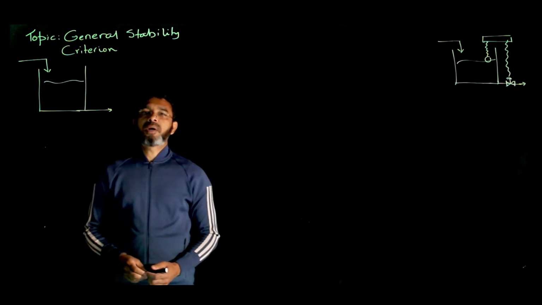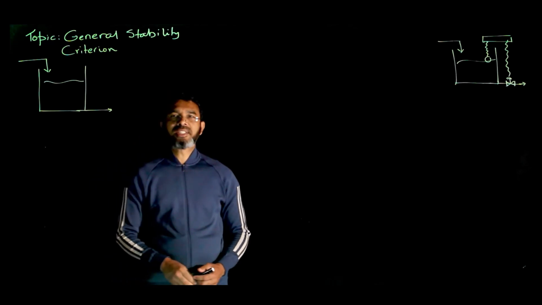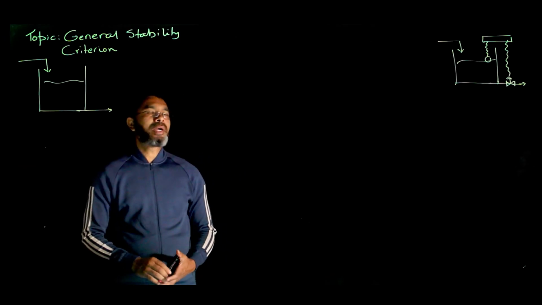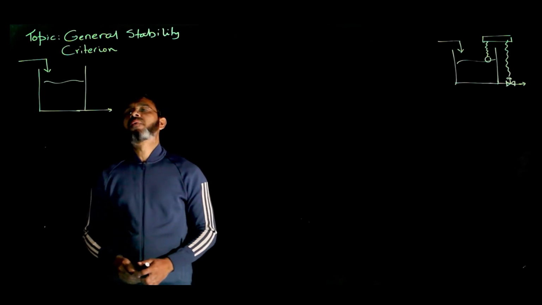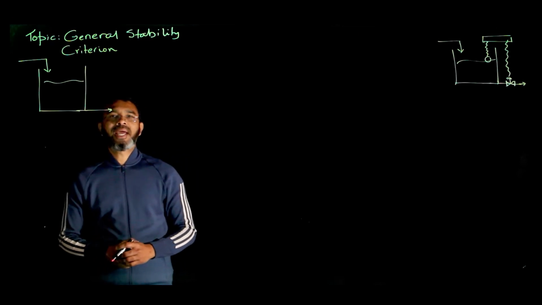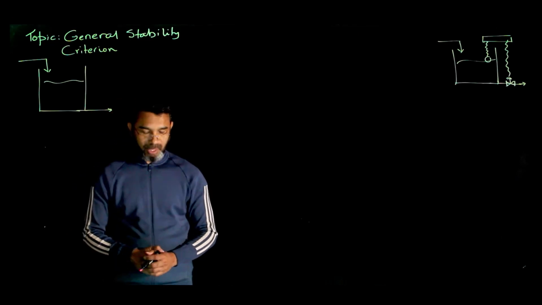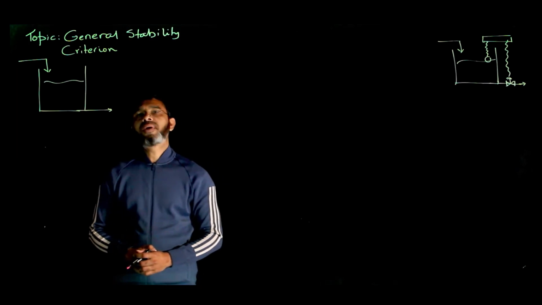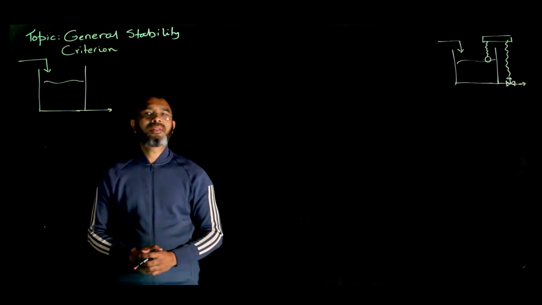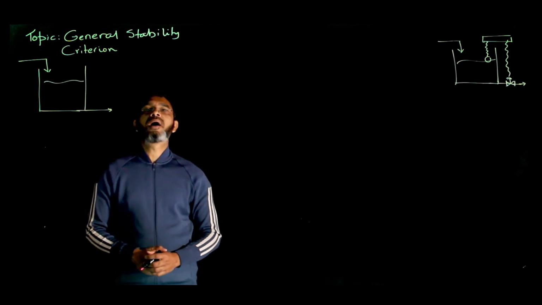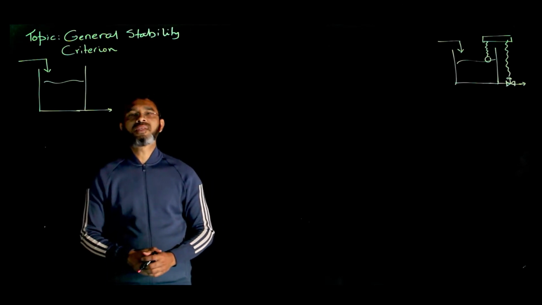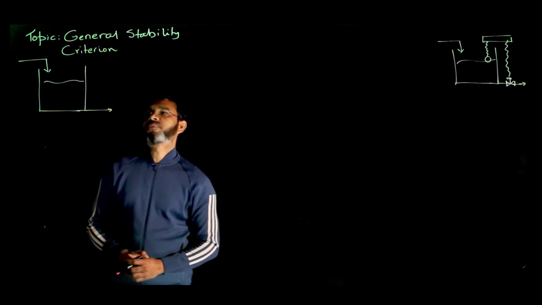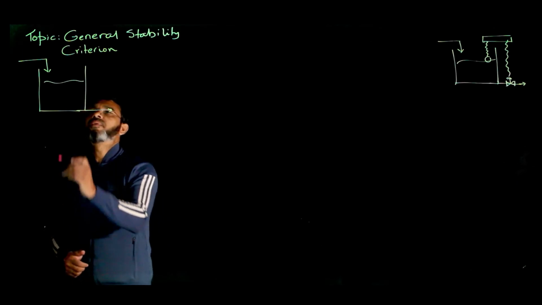So in this session, we talk about the general stability criteria. Now, to discuss the concept, let's look at two examples here. One is for a simple tank that we have considered in several cases as an example. We'll try to find the model for these two tanks and then try to see how stability can be analyzed using the models. Now, from the conceptual understanding of the process, you can see that if you make a change